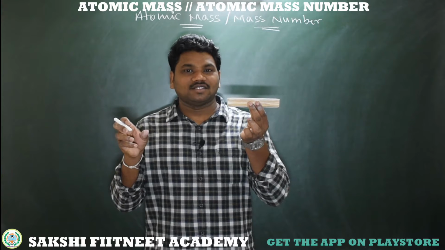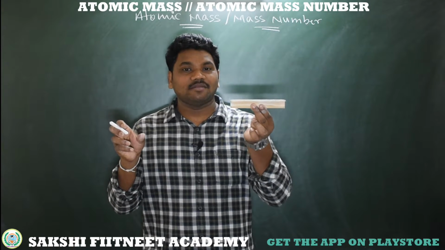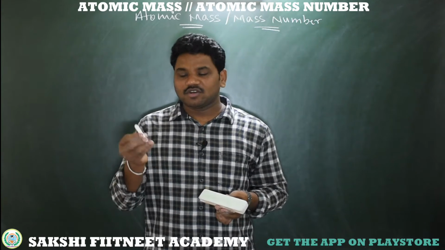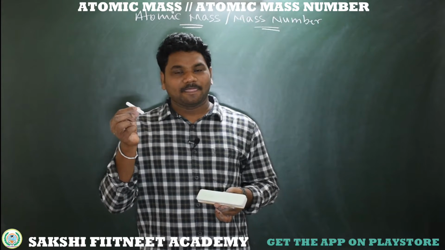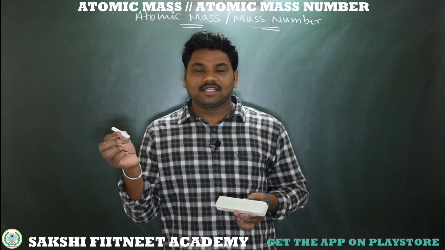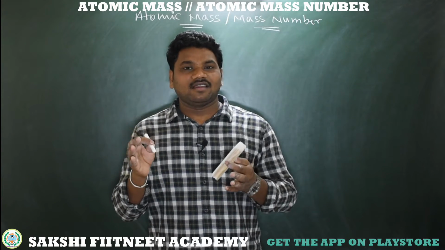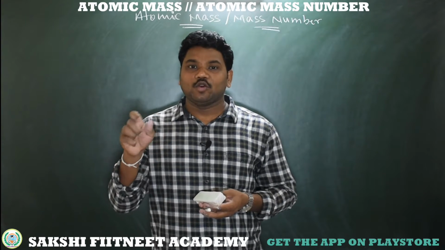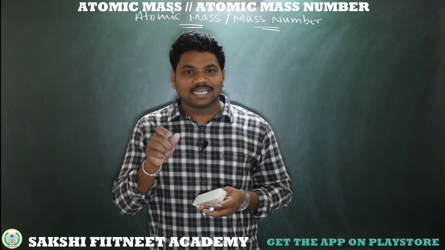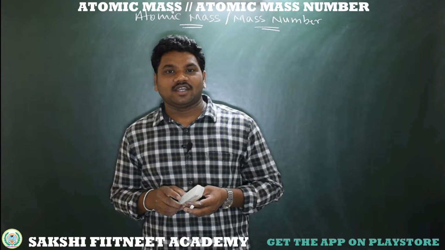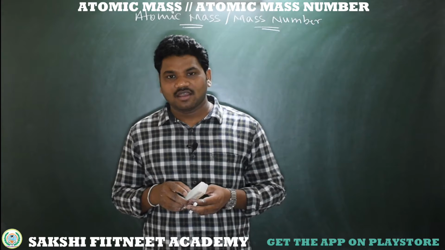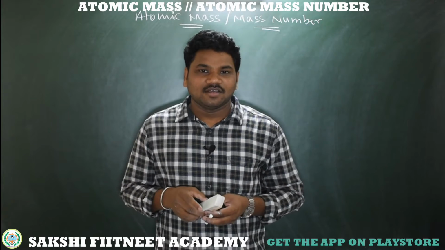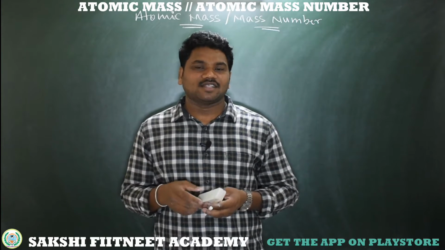With that reference standard mass unit, I am comparing the weight of this duster. This duster is 150 times higher than this gram weight, so 150 grams. And what about this piece of chalk? It's 15 times greater than the mass unit, that is a gram, so it's 15 grams. Like here in chemistry, to measure the weight of atoms in units, we have a standard reference unit that is called atomic mass unit. So what is that atomic mass unit? And how to calculate the mass units and mass number, that we will discuss in this video session.